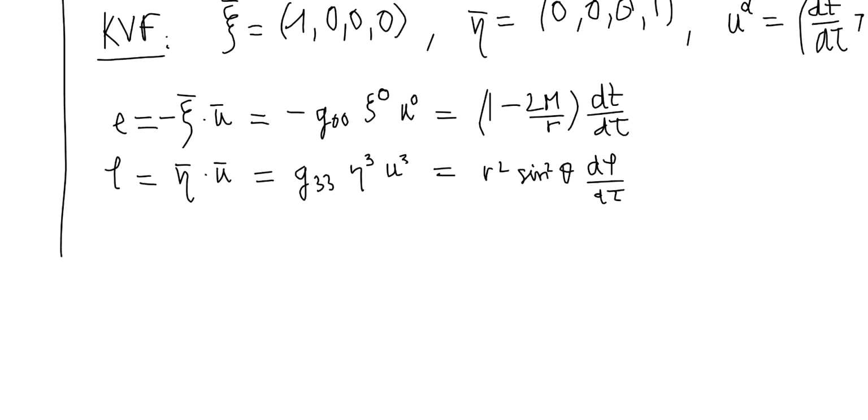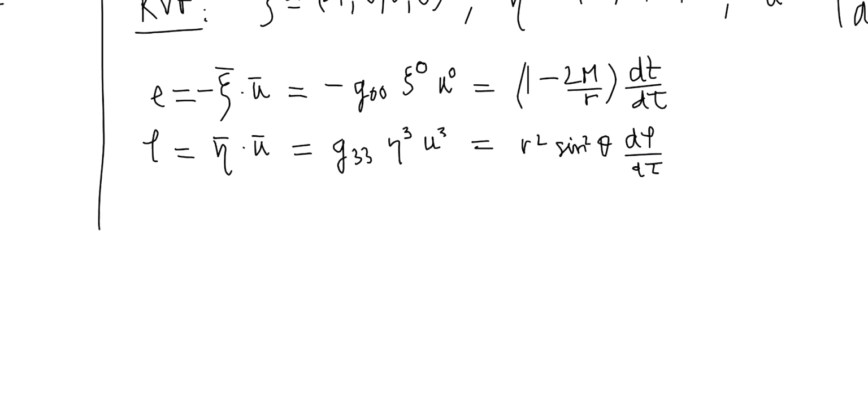And now using the condition on the velocity, namely that u squared should be -1, if we compute this inner product, knowing that it should be equal to -1, and if we say that dt over d tau is E divided by 1 minus 2m over r, and that d phi over d tau is L divided by r squared sin squared theta, which you can read from here, then we find